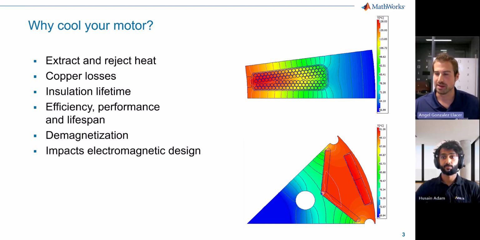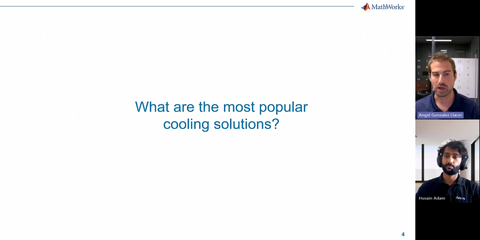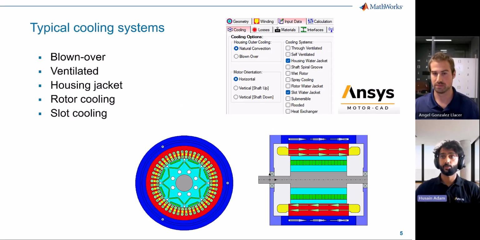Wow, this problem is definitely more complex than I initially thought. There are so many things to take into account, and I'm very glad that we have tools to be able to systematically analyze this. I also wanted to ask you, what are the most popular cooling solutions given all this complexity? Well, there are lots of different cooling systems available, some more popular than others, and typically it depends on the performance you're trying to extract from the machine, any cost considerations, and also any integration with other cooling systems present where the machine is finally deployed.